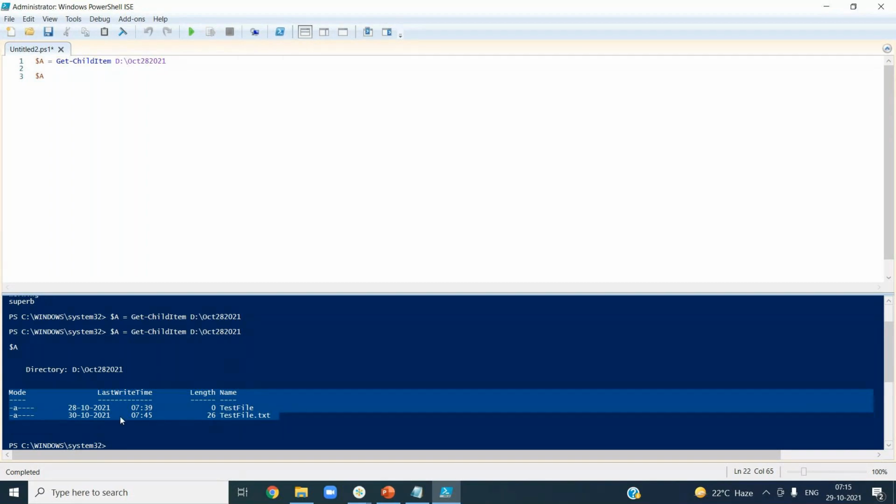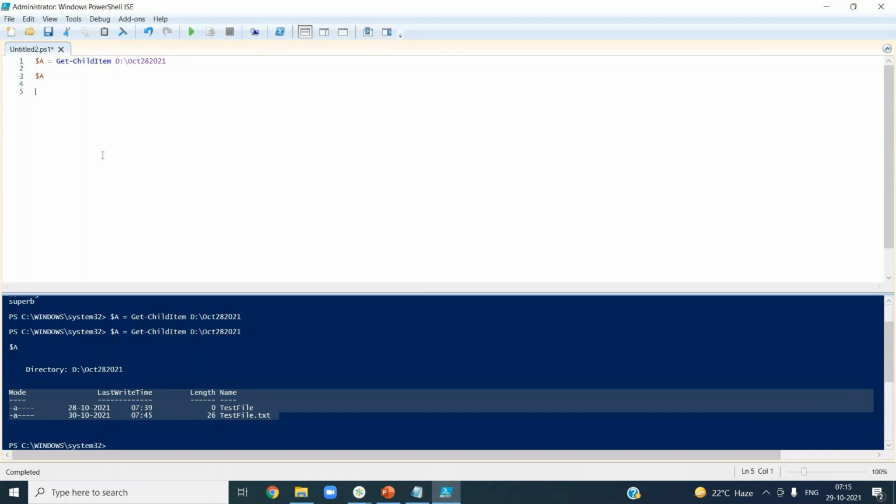It is giving all the data, and for some reasons in your logic you may not want all this information. You probably need only the name of the file. In those cases you can format this output to your needs as well.